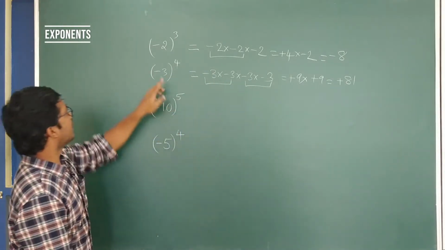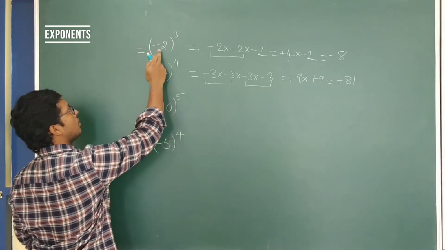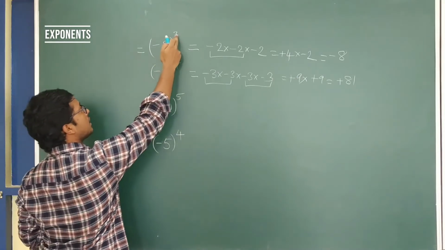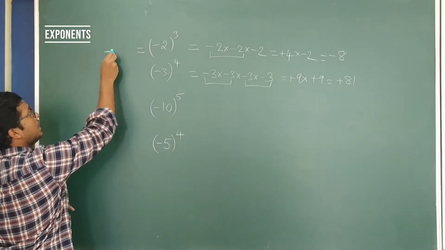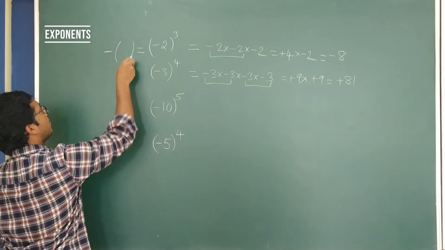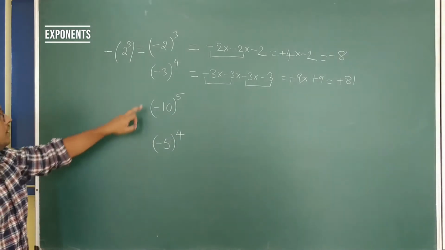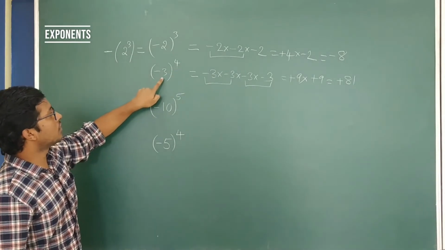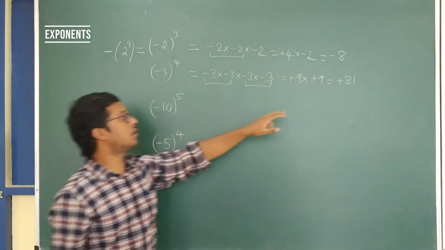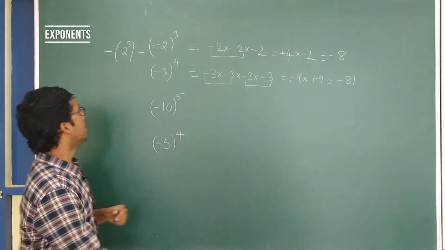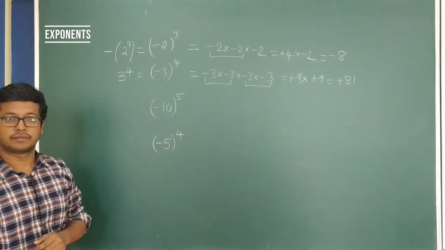So now see this one. Can I write this one, minus 2 raised to 3, directly as, since I know that if the base is negative and the power is odd, then the answer will definitely be negative, minus of 2 raised to 3? So this will be a little easier way to understand. Let's see this one, minus 3 raised to 4. I know that if the power is even and the base is negative, the answer will always be positive because all the numbers get paired up. So I can straight away write this as equal to 3 raised to 4.